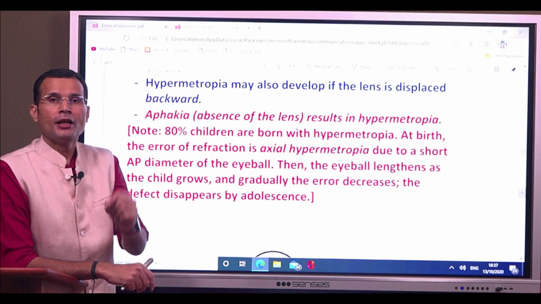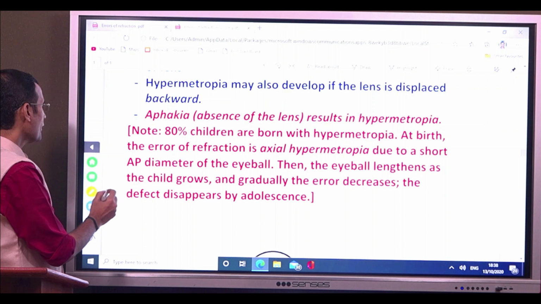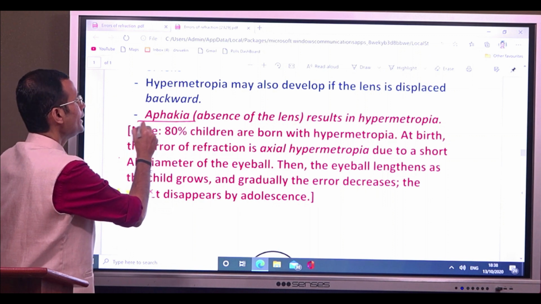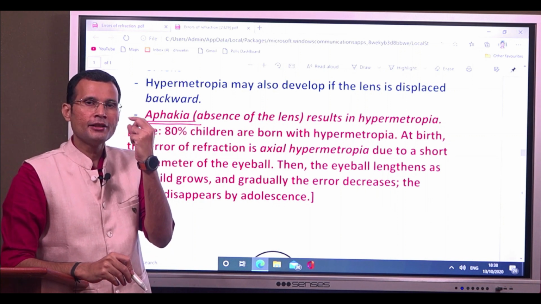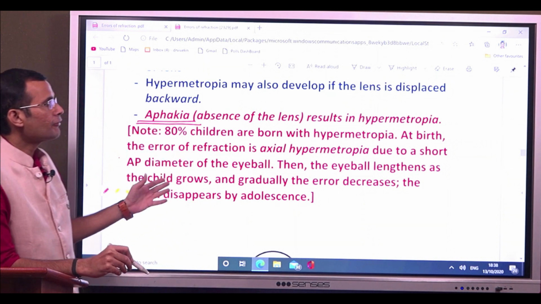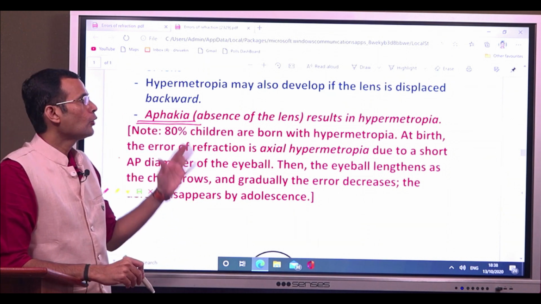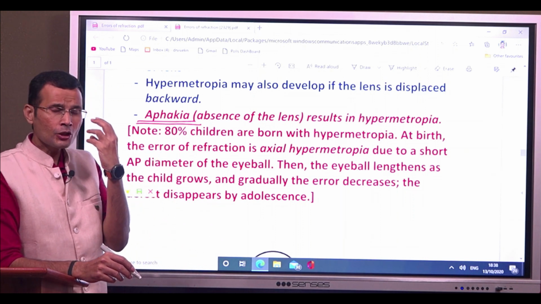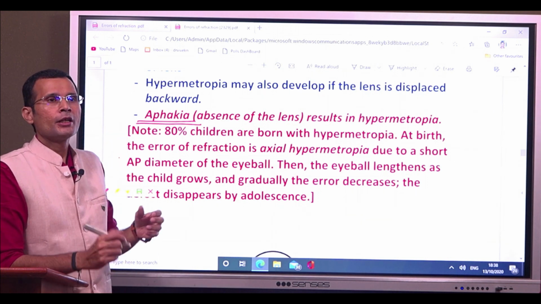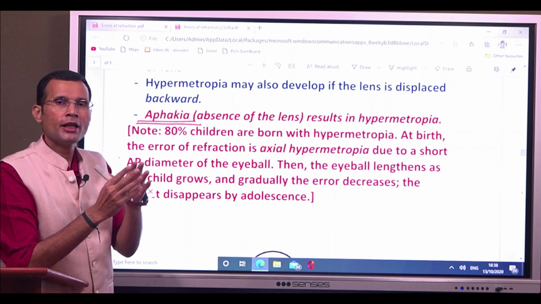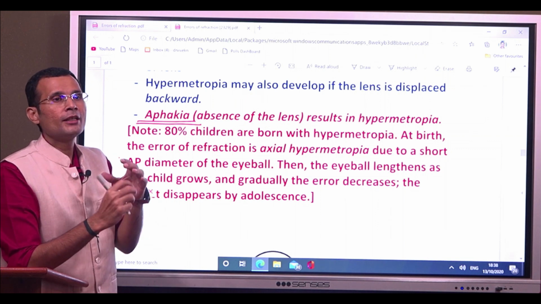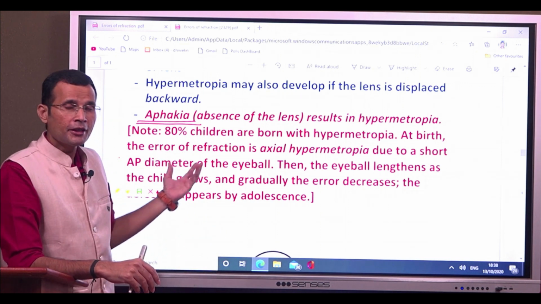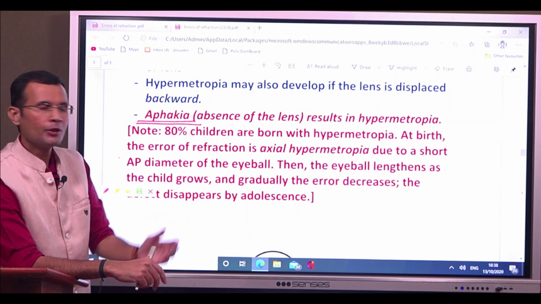Okay, aphakia. What is aphakia? Aphakic eye is the one in which lens is absent. Absence of the crystalline lens inside the eye. If that is absent, it's called as aphakic eye. And the aphakia will also obviously result in hypermetropia, because the convex crystalline lens inside the eye causes convergence of the light rays so that image forms on the retina. But if the lens is missing, the lens has been removed surgically, then that eye is the aphakic eye, and there would be hypermetropia.